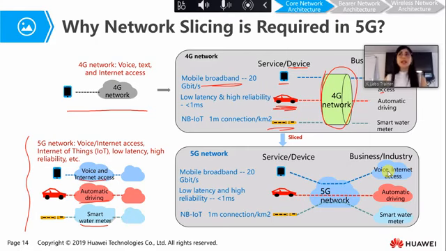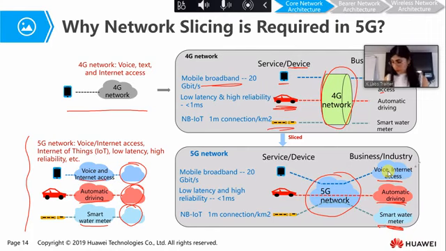Each service has its own logical network, so each service has its own resources to provide that specific service. We are still using one single physical network, but we have different portions. So these 3 services are really differentiated from each other.